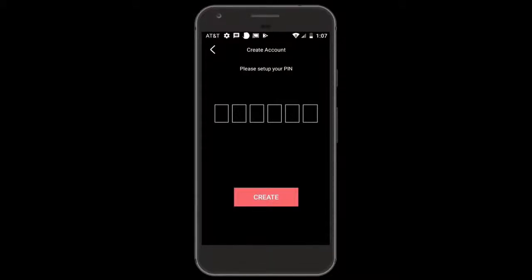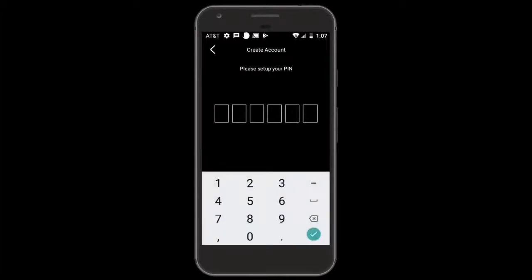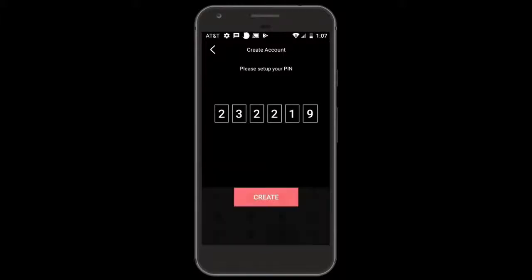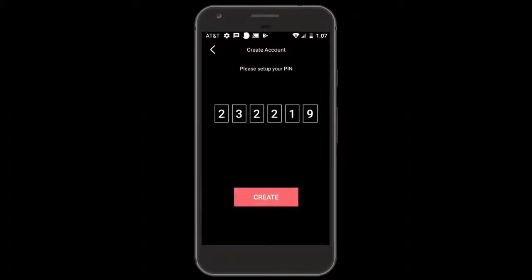Any 6 digits you want. Now there's a million possibilities with a 6-digit PIN, so it protects you quite nicely. But once you put these in, you're going to write them down. And I'm going to say that again. Write down the PIN that you select in a very safe place, not on a piece of scratch paper, but someplace that you can store it, like in a lockbox, because you're going to store this and you're also going